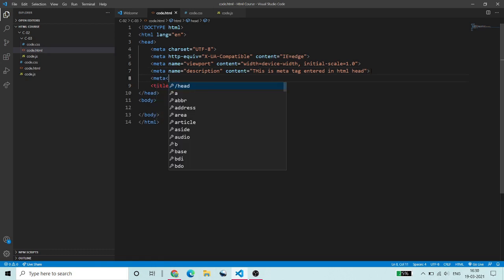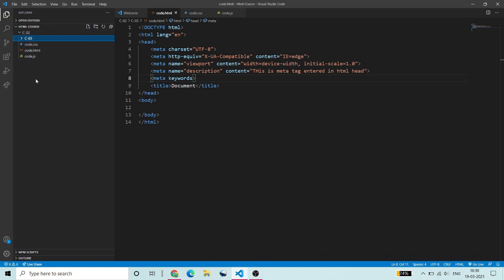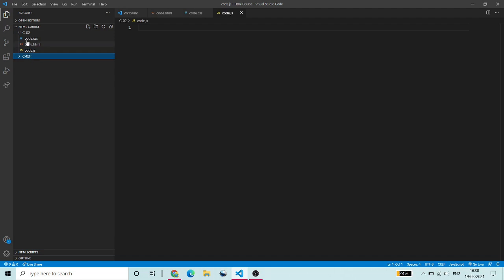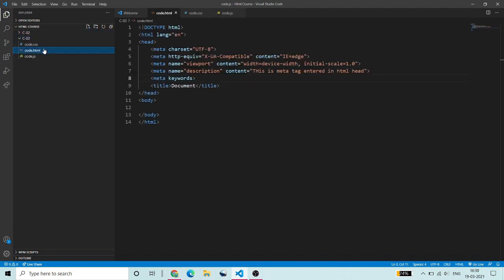You can also add keywords to your website. Keywords means, suppose anyone is searching on Google, they want to see your website and the content you have created on your website. Suppose I am searching about farming and agriculture, and you have made a website about farming and agriculture.